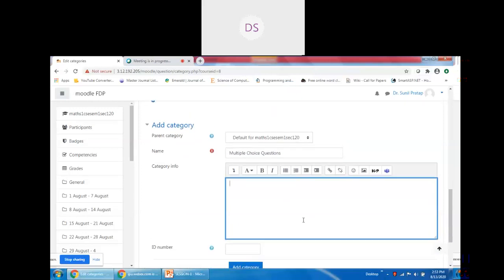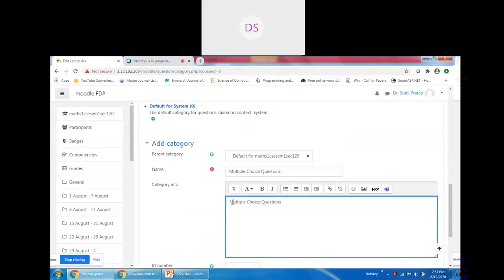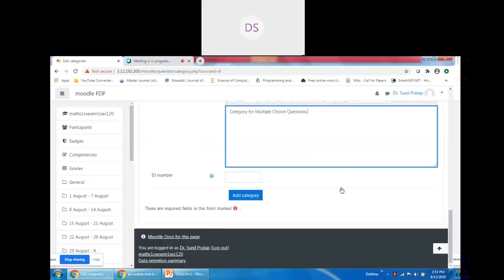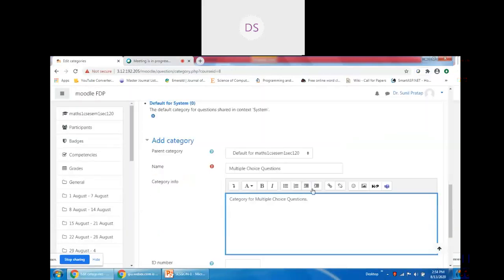This is the information about the category. With this window, we are going to create a category named multiple choice questions, which means we are going to create a question bank.